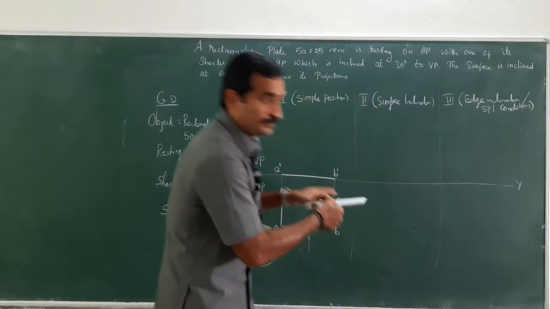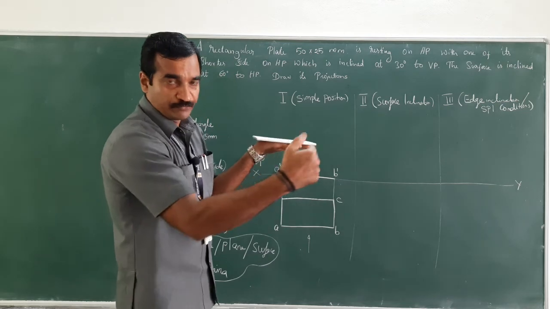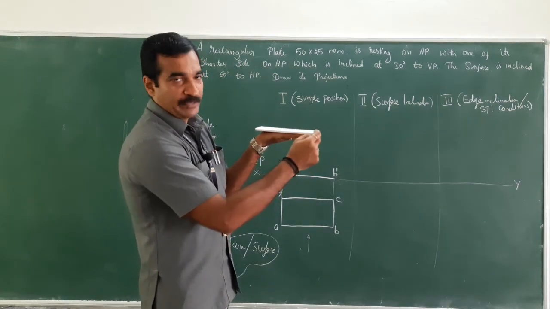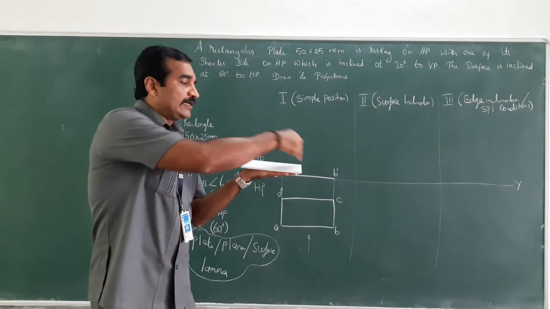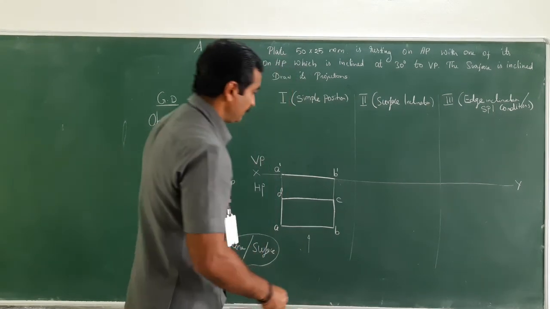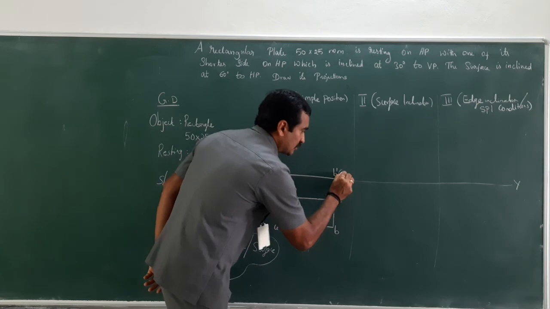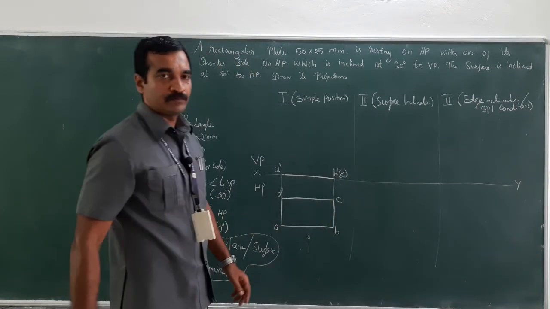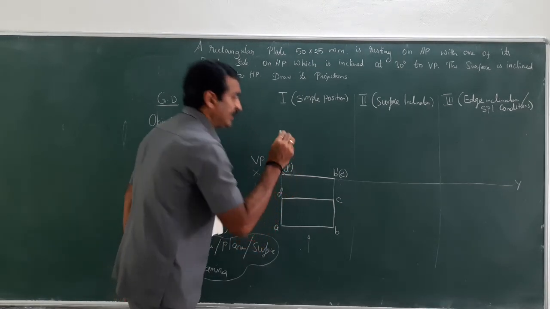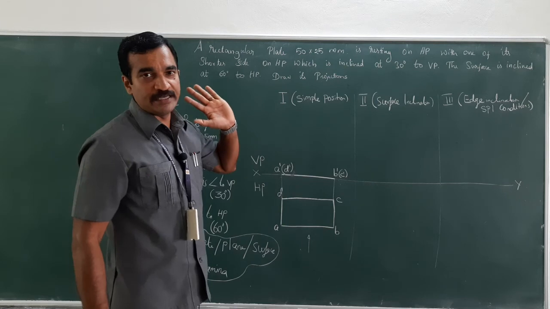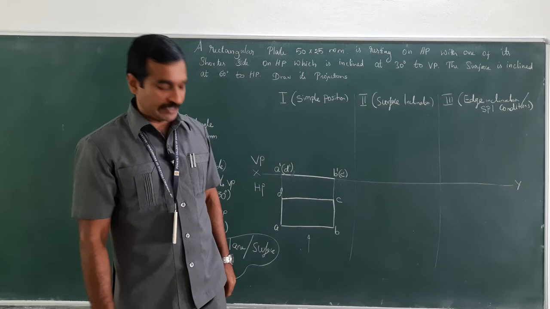When you look at from the front, assume this is A, B, C, D. You could see A and B only. C is right behind B and D is right behind A. Therefore, D and C are invisible. So, how can this be captured? Within the bracket you mention C dash. And similarly for D also, within the bracket you mention D dash. So, stage 1 is completed by drawing the simple position or simple resting method.